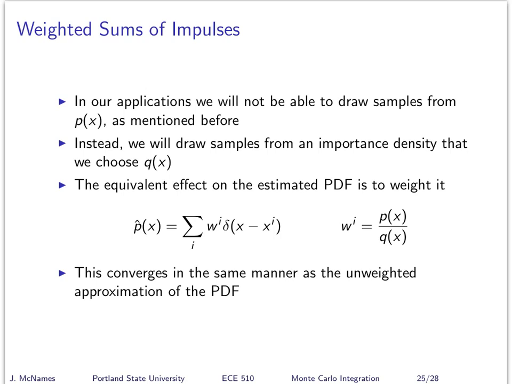And then to expand a little on what Adam was talking about, in our case, we're actually going to have weighted impulses because we can't draw from the distribution that we want to. And so our p hat of x is going to be the sum of weighted impulses, where these are the same weights as before. You draw from one distribution, you're trying to model another distribution. This is the ratio of those distributions at the locations of the particles, the samples that you drew. And so we've got a weighted PDF, and just to show you an example,